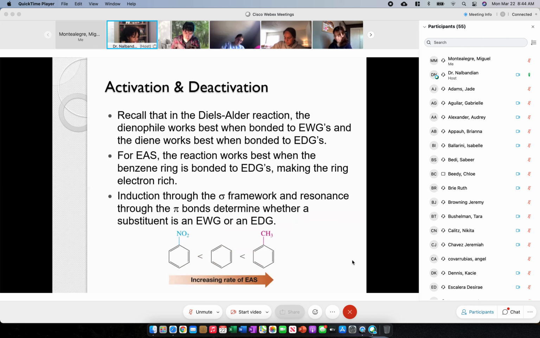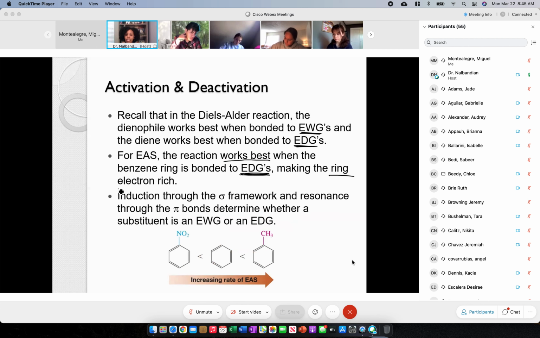So remember we talked about our Diels-Alder. We said the dienophile should be electron poor and our diene should be electron rich. And so how do we make it electron poor? Electron withdrawing groups. How do we make it electron rich? Electron donating groups. We have to keep that same concept in our mind here when we're talking about the electrophilic aromatic substitution reaction. The reaction is going to work best when we have some kind of electron donating group